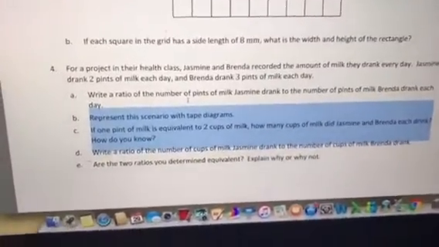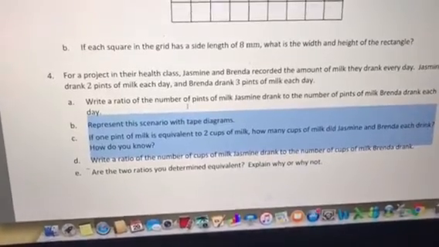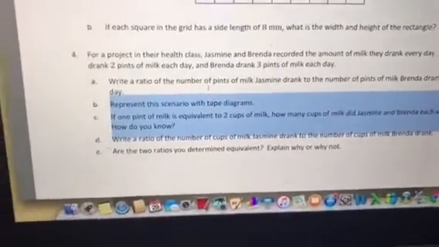So next, let's go down to C and read your question. If 1 pint of milk is equivalent to 2 cups,